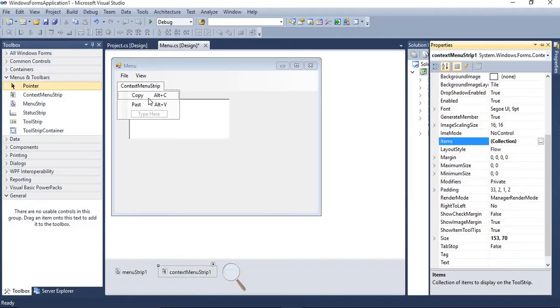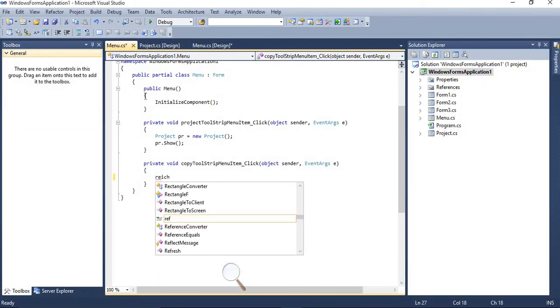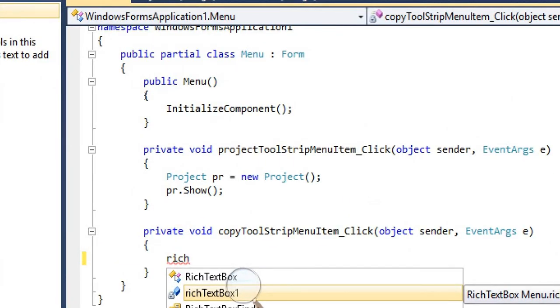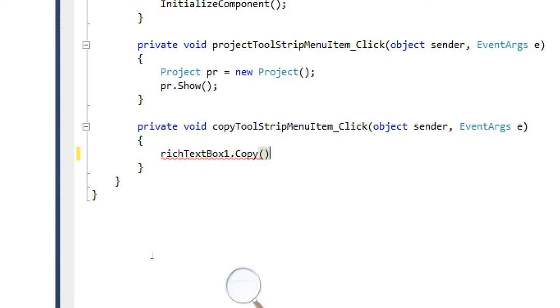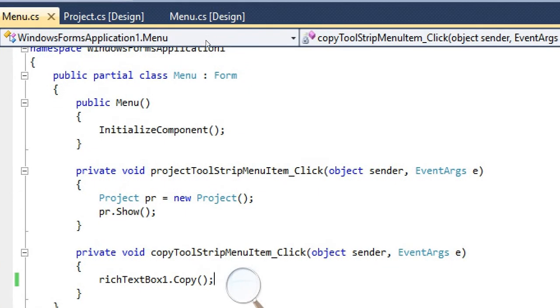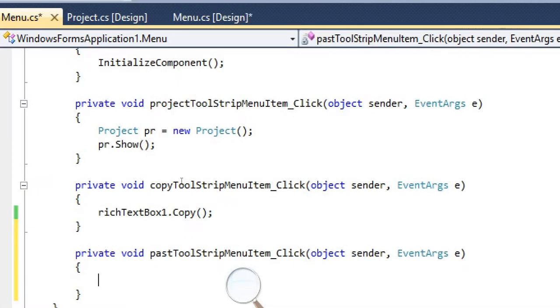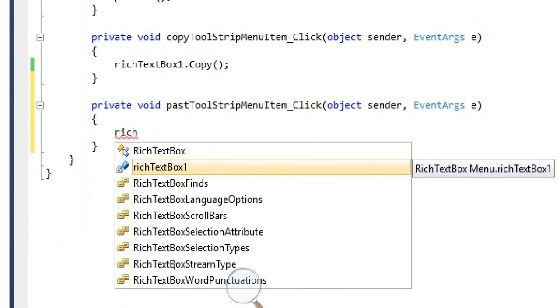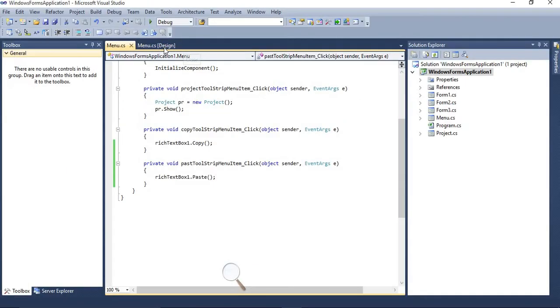Click OK. In the Copy portion, you have to write the method richTextBox dot Copy. And in the Paste, richTextBox dot Paste method.